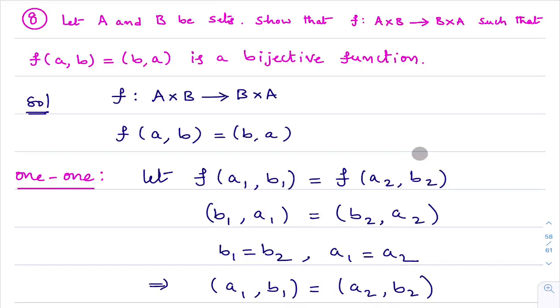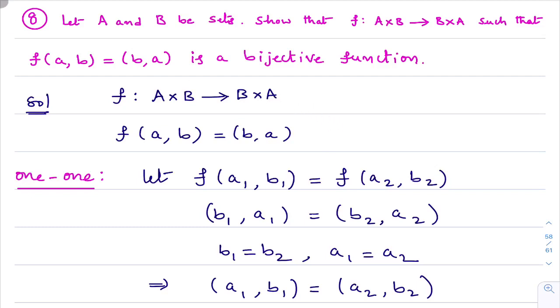In last class, we completed up to question number 7 in exercise number 1.2. I hope you understand all those 7 questions till now what we did. In this class, we are going to do another 2 problems, question number 8 and question number 9. In these two problems also, we are going to check one-one function and onto function. But compared to the 7 questions we have done previously, these 2 questions are a little different. But we are going to check one-one function and onto function only here.